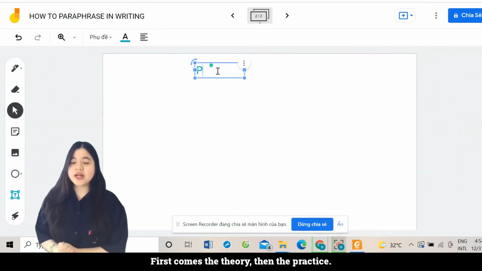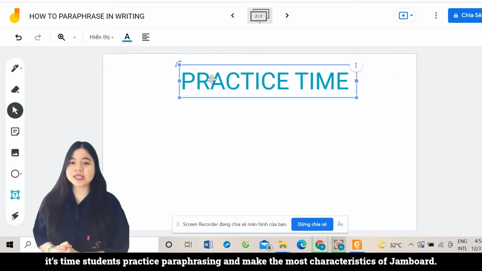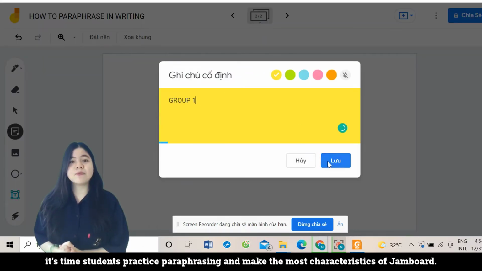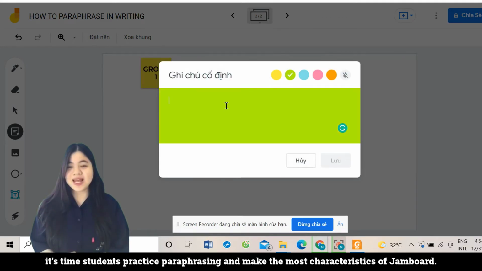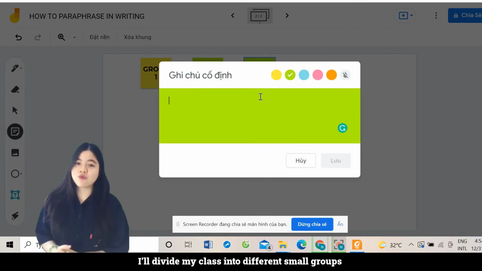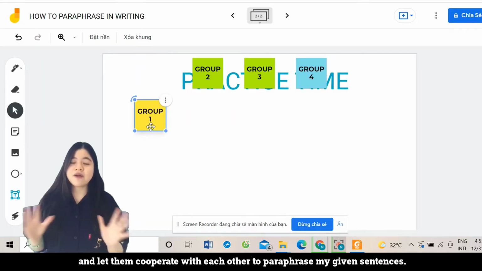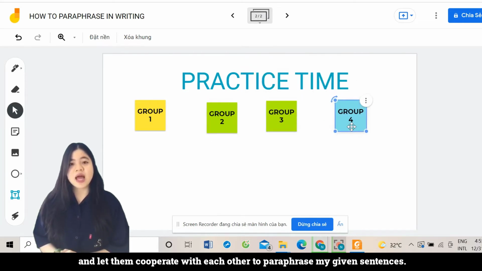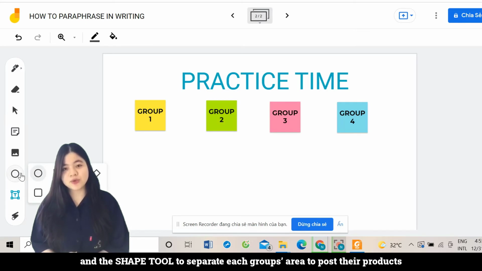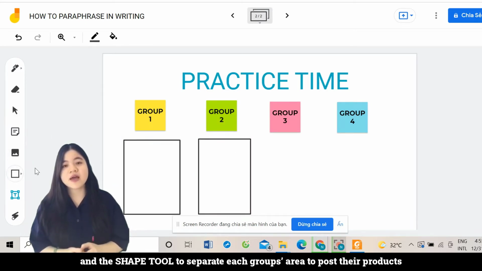First comes the theory, then the practice. It's time you let your students practice paraphrasing and make the most of the collaborative characteristics of Jamboard. Now, I'll divide my class into different small groups and let them cooperate with each other to paraphrase my given sentences. I use sticky notes with different colors and the shape tool to separate the students' areas to post their